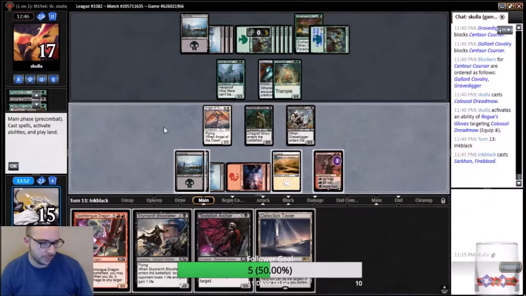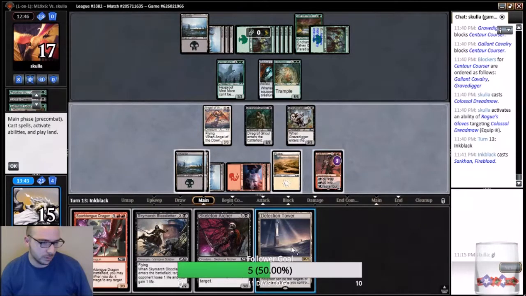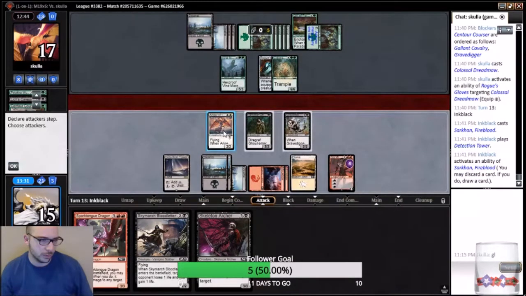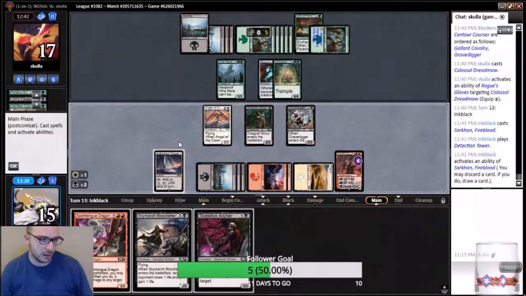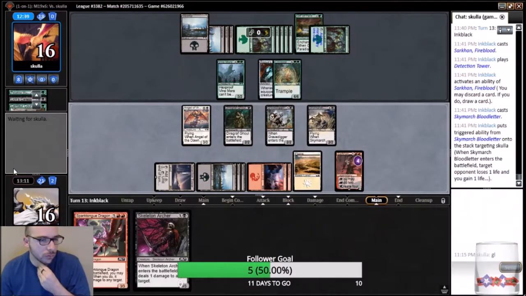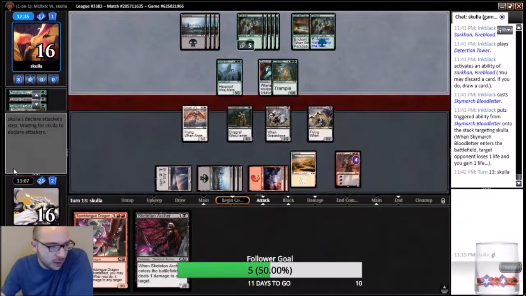We'll play the Sarkin. Play the Detection Tower. A plus. We will not discard. Not going to attack with anything. In our second main phase, we're going to play our Skymarch Bloodletter. Just get another flyer out there. Alright. So next turn we can 1, 2, 3, 4, 5, 6, 7. If we draw a land, we can